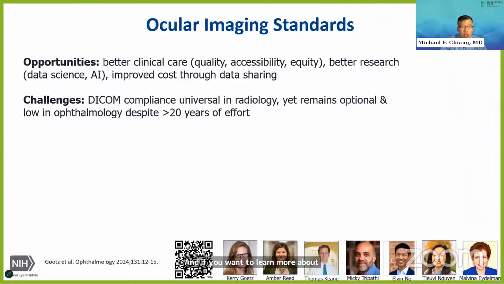Okay, the last thing that I want to talk about is ocular imaging standards. Data come from these imaging devices. And the problem is that you can't get access to raw data in general from those devices because they're locked in proprietary standards. Okay, that's a huge barrier to clinical care and to research. And this has been going on for 20 years in the vision field, and it really hasn't advanced. And the radiologists solved this decades ago through the DICOM standard, where all these devices are plug and play. But we're struggling with this still.